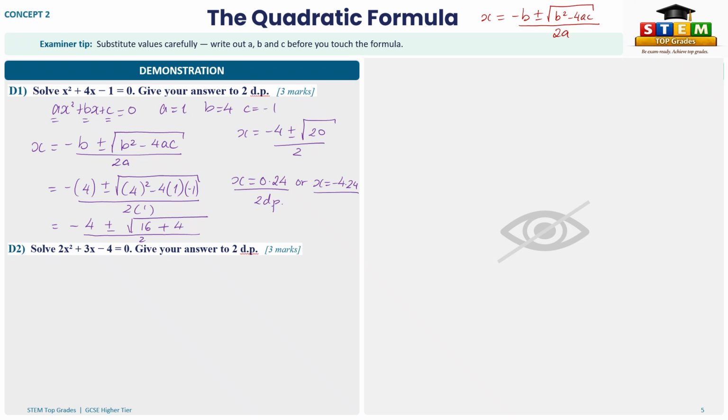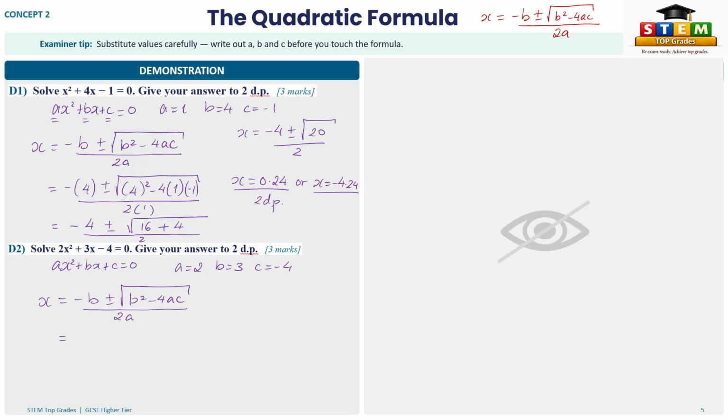Okay, so now we're going to move on to question 2. If you remember, we are going to use the same equation, ax squared plus bx plus c equals 0. And if you can see, a is 2, b is 3, c is negative 4. And when applying the formula, minus b plus or minus square root of b squared minus 4ac over 2a,